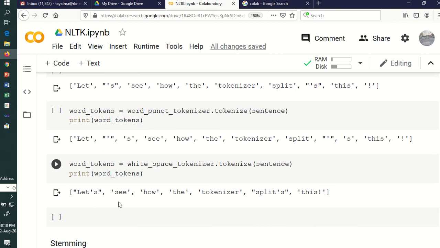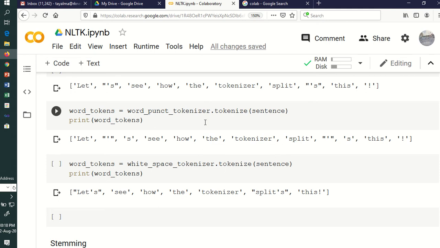You can verify that the difference lies with the apostrophe and the exclamation mark. In the whitespace tokenizer, tokenization is done only on white spaces, that is, only white space is identified, and that is how it is output. In other tokenizers, even the apostrophe and the exclamation mark are treated as one token. So it might depend on the user's need how he or she wants the output.